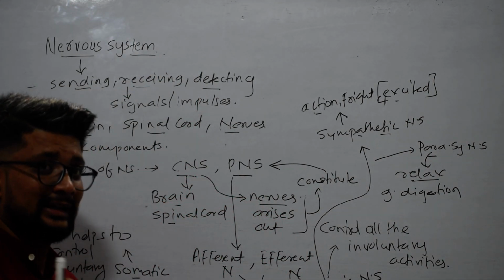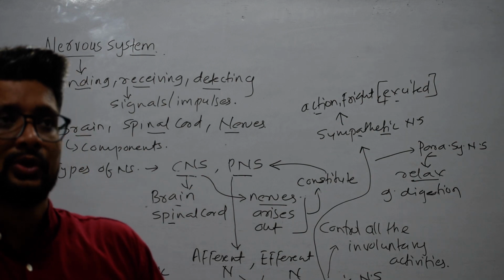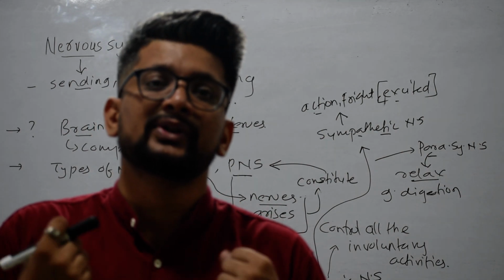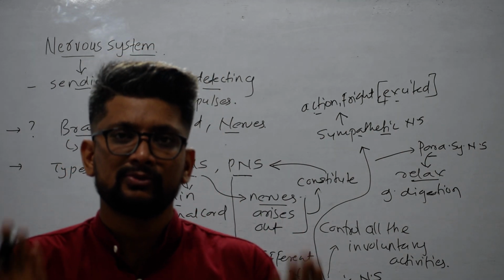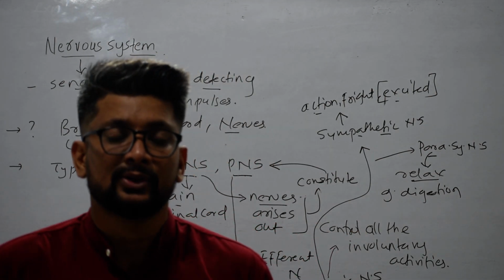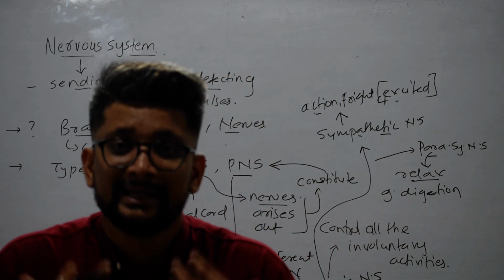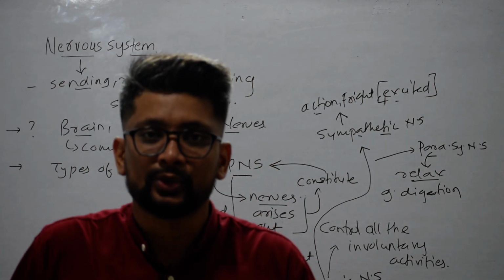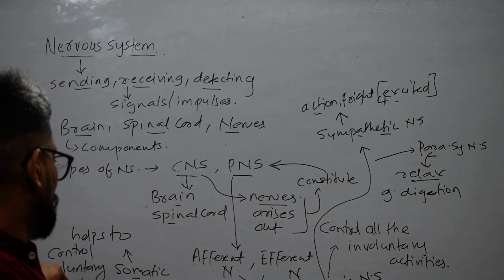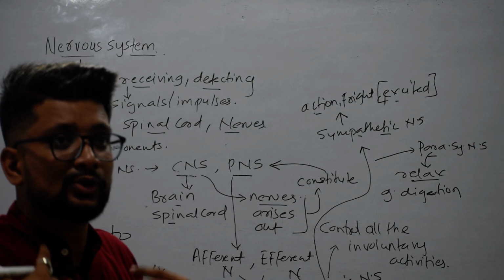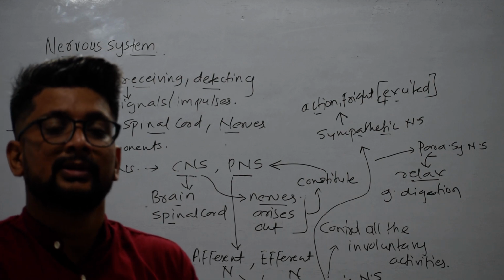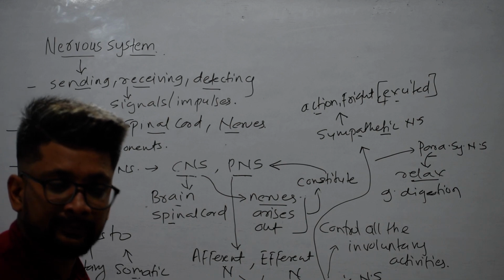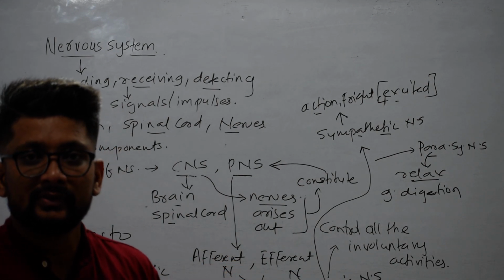The somatic nervous system is the type of nervous system जो हमारे बॉडी के वॉलंटरी एक्टिविटीज को कंट्रोल करने में हेल्प करता है। अब वॉलंटरी एक्टिविटीज क्या होते हैं? अगर मैं हाथों का मूवमेंट ऐसे कर सकता हूँ, पैरों का मूवमेंट ऐसे कर सकता हूँ, तो ये मूवमेंट्स हमारे कंट्रोल में हैं। Therefore, all the activities that we can perform with our control are known as voluntary activities. और voluntary activities को कोऑर्डिनेट या कंट्रोल करने के लिए जो सिस्टम हमारे बॉडी में रिस्पॉन्सिबल होता है उसे हम कहते हैं सोमैटिक नर्वस सिस्टम।